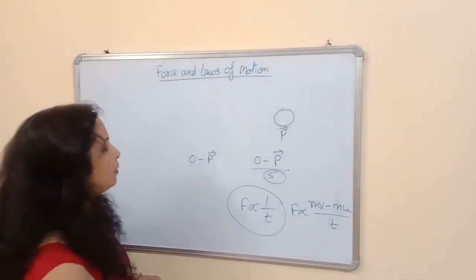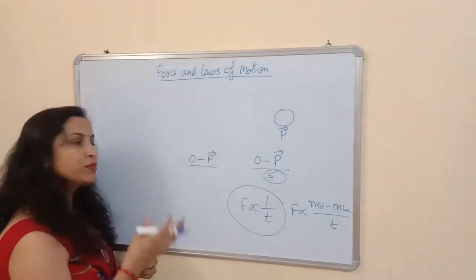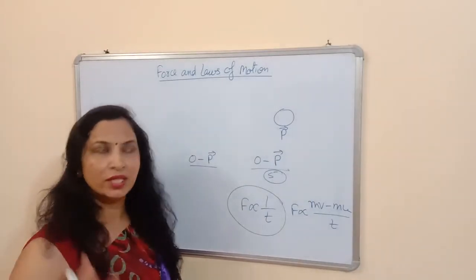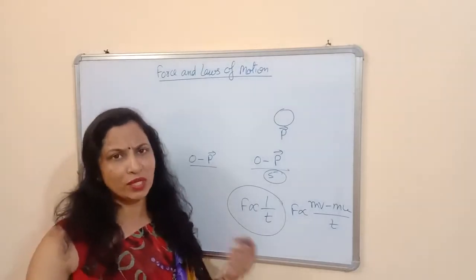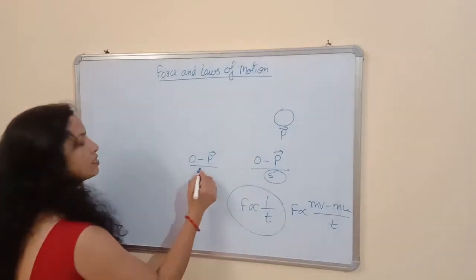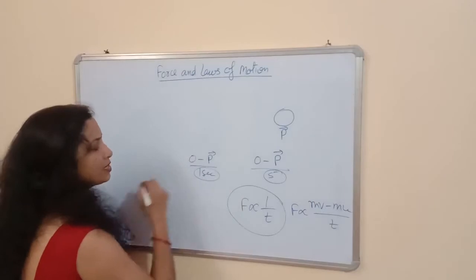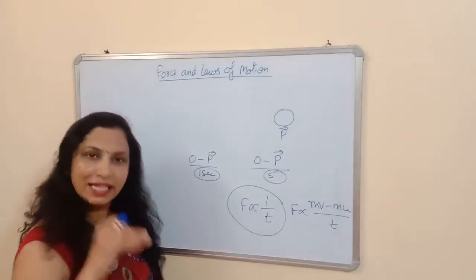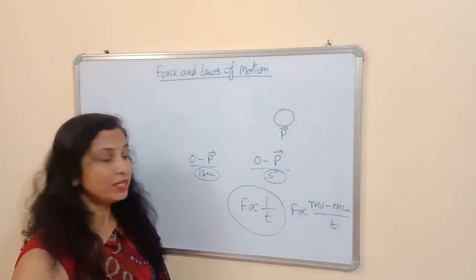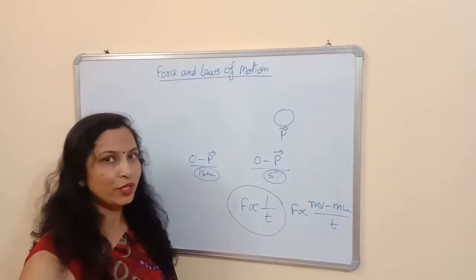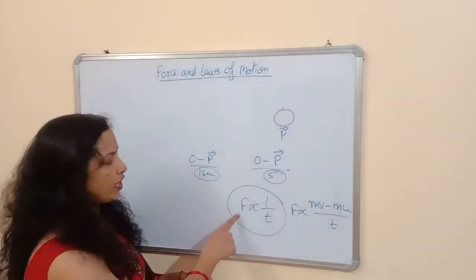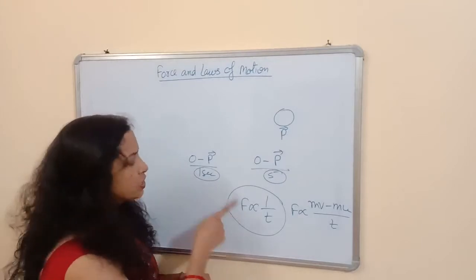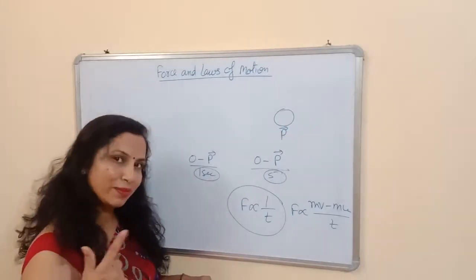Then what will happen? The time taken by you to reduce the momentum of the ball is too short. It can be 0 seconds, or 0.001 seconds, or okay, I am taking like 1 second. So again, in this case, the time is less to change the momentum of the body. Since the time is less, what will happen? The force applied will be more because force is inversely proportional to the time taken.